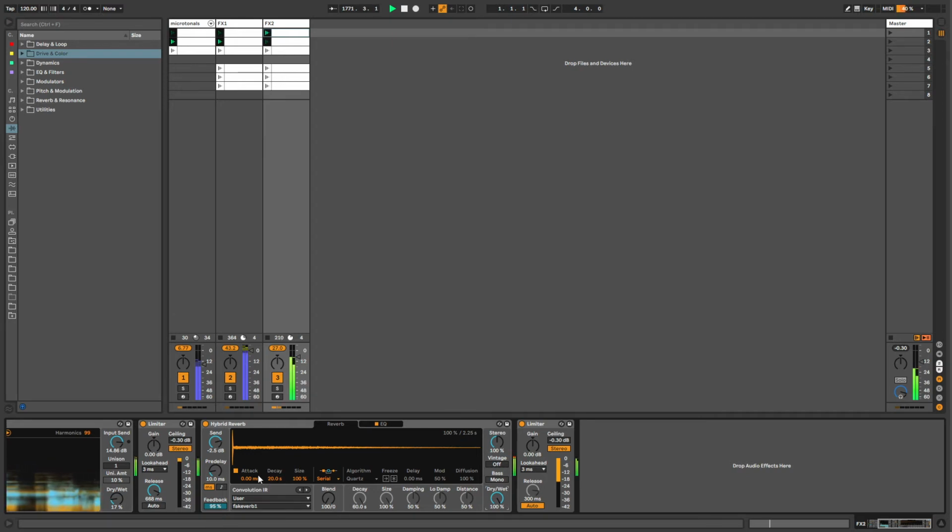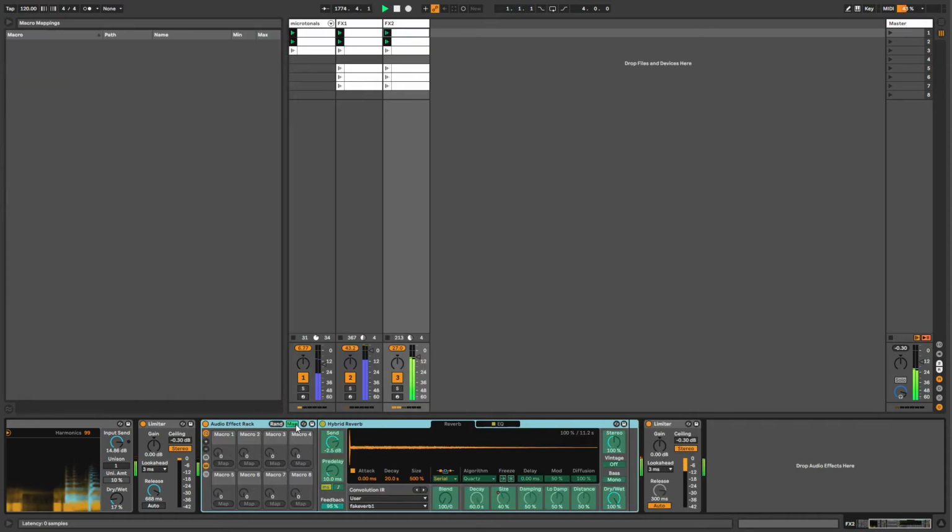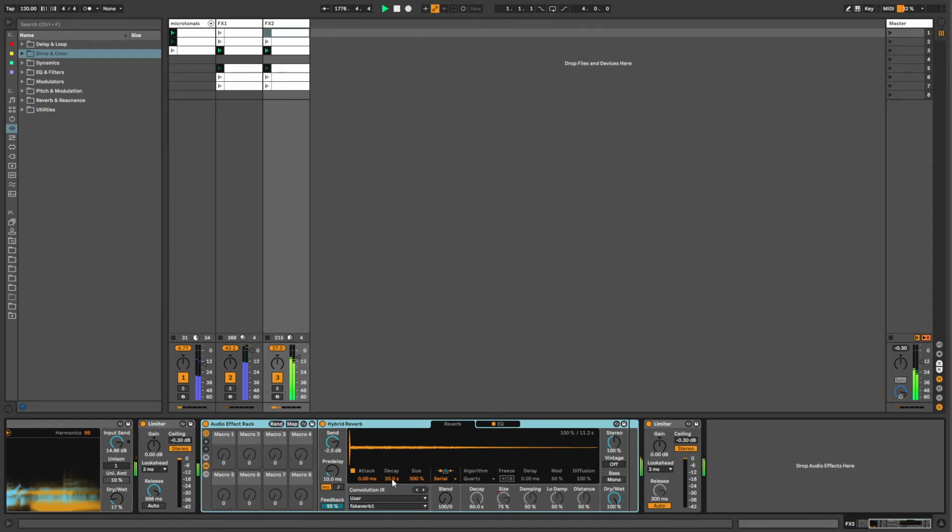Let's play with the size of this. I wonder if we can map the size. It doesn't look like they're going to let us manipulate the convolution in real time. Sure is crackly, I tell you. Be nice if they could fix that. The only